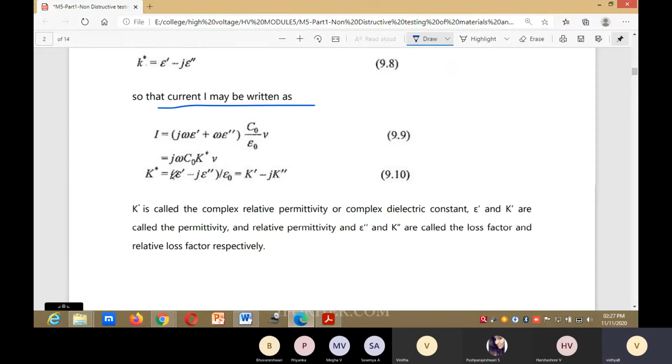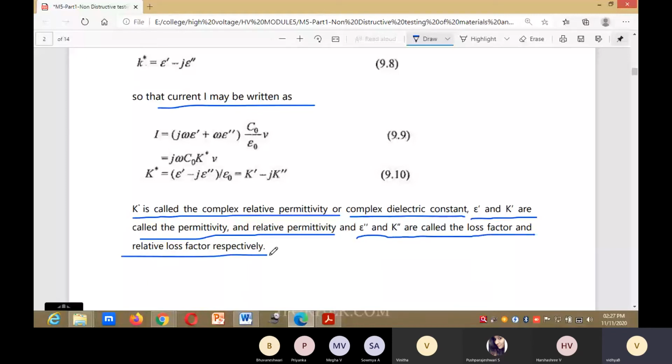So K star is equal to what? K star is equal to (epsilon dash minus j epsilon double dash) divided by epsilon naught, which is equal to K dash minus j K double dash. K star is the complex relative permittivity or complex dielectric constant. And epsilon dash and K dash are called permittivity and relative permittivity, and epsilon double dash and K double dash are called loss factor and relative loss factor